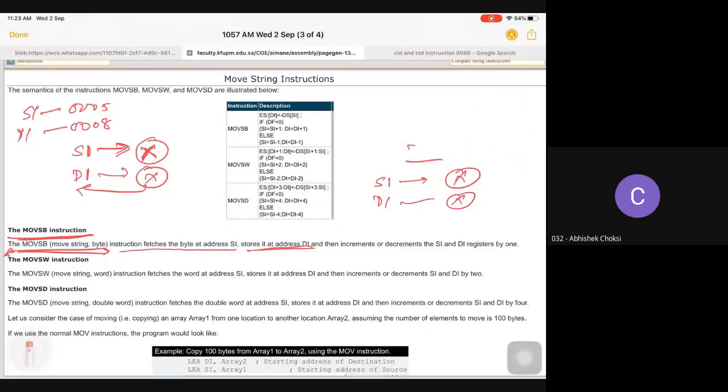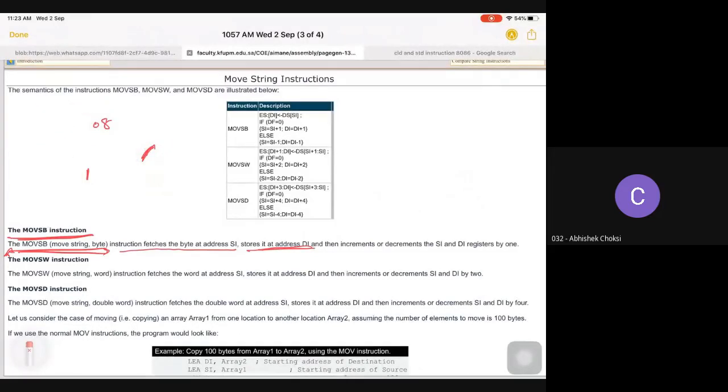After copying the value, what will it do? It will increment or decrement SI and DI. Suppose my SI and DI are 0005 and 0008, as in our example.